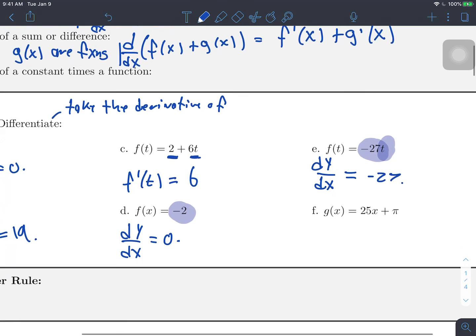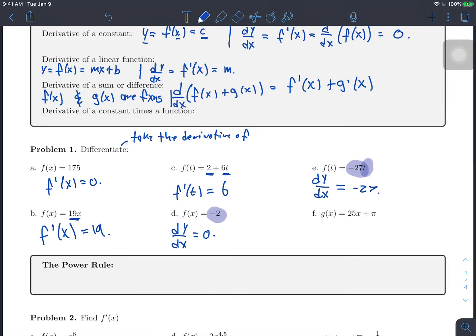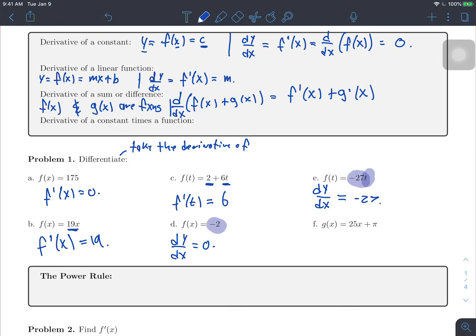Last one. Looks like the trickiest of the bunch. We've got g of x equals 25x plus pi. Well, being that I just learned that the derivative of a sum or a difference is just the sum of the derivatives, what am I going to get when I do the derivative of just 25x? Yeah, 25, right? So I might write this g prime of x equals 25 plus,